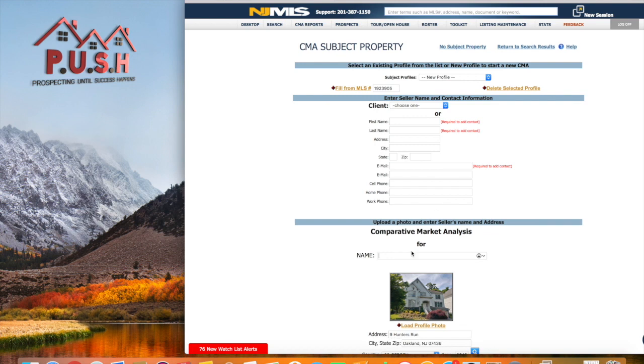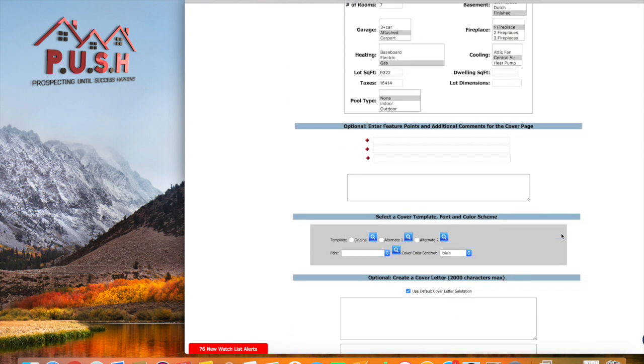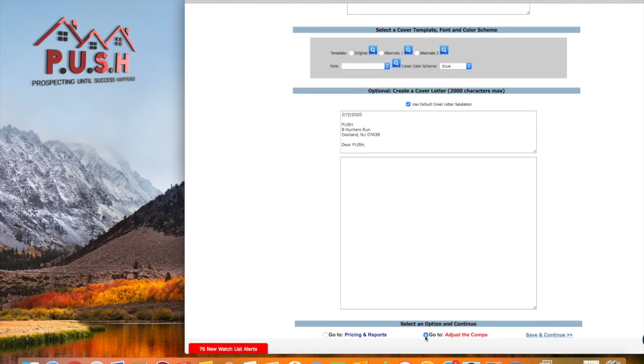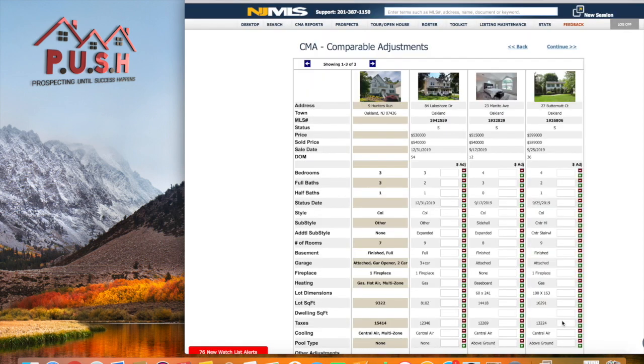So I'm going to create a name, and let's just call it Push. Let's keep it simple. I'm going to go all the way down to the bottom of the page to where it says go to adjust the comps. So then I hit save and continue, and that's going to pull up the page where we now have the